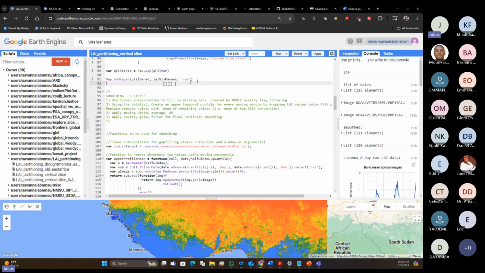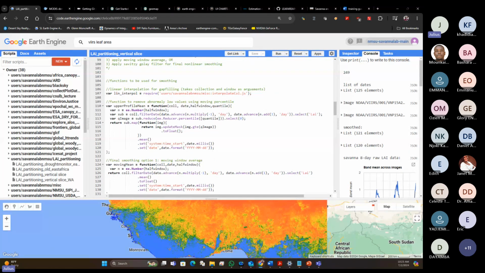So after filtering, we have our raw data, and the next thing, and this is critical, is smoothing. For those who've worked with satellite time series data, you'll know that you cannot just take time series data and use it without smoothing, because it's always noisy. Even after you've applied the necessary quality flags, you have to deal with missing data, gaps, data that has been masked out, or